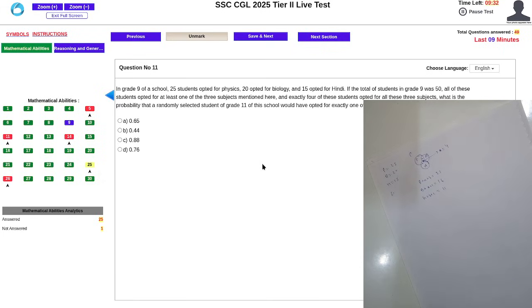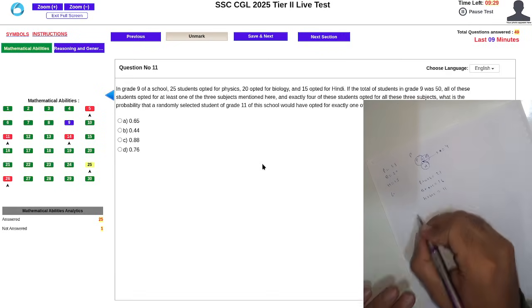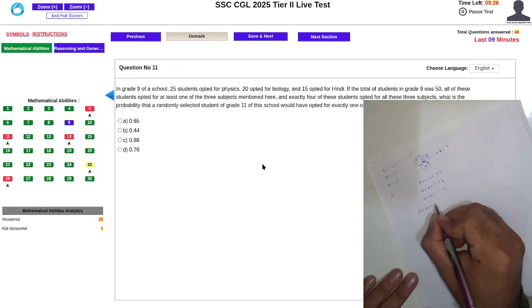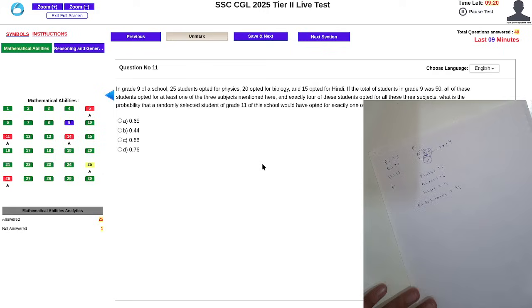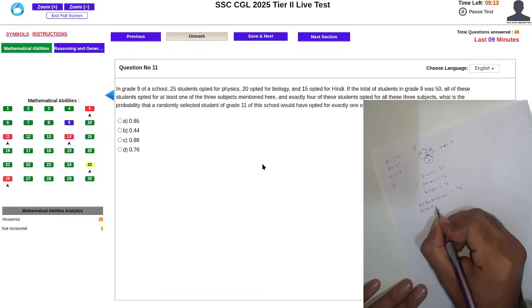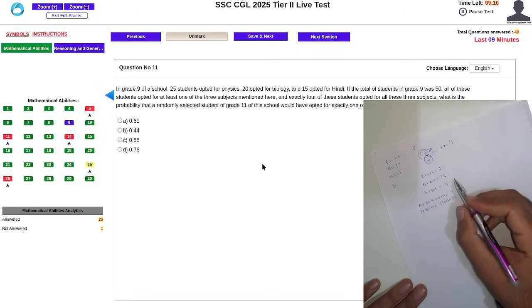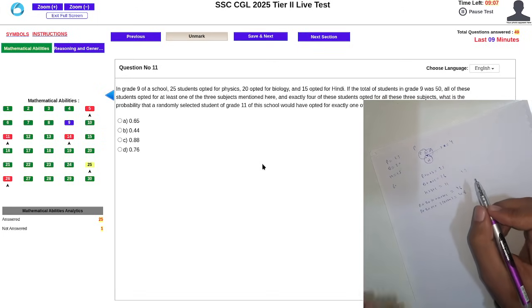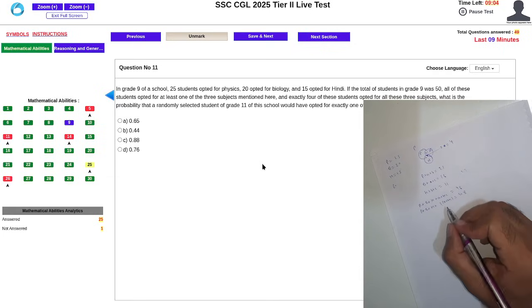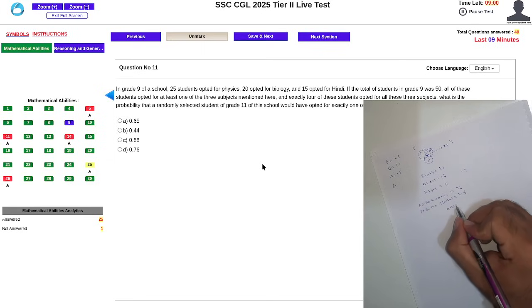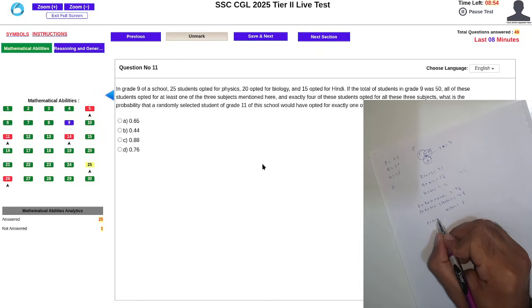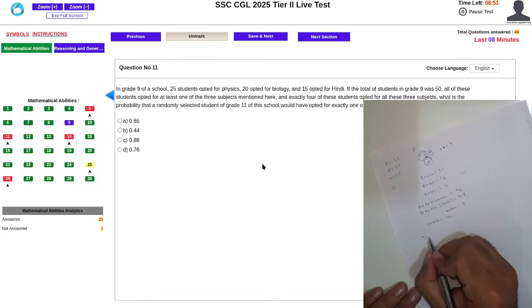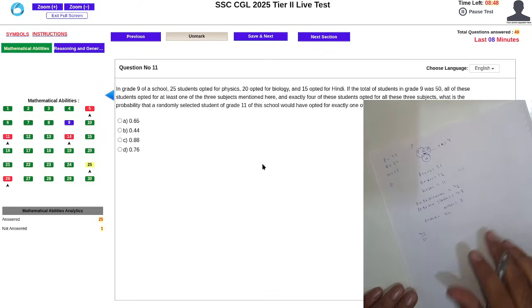27 48. B plus B plus H plus A plus B plus C is equals to 46. a plus b plus h plus 2a plus b plus c is equals to 47, 48. तो a plus b plus c is equals to 2. b plus b plus h is equals to 44. 44 upon 50, 88.